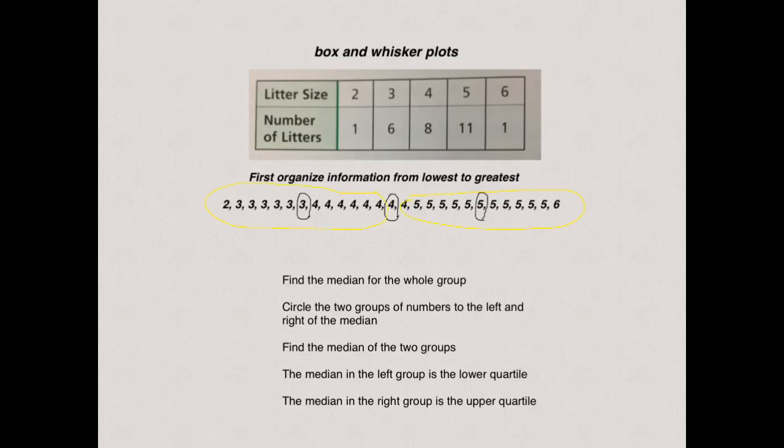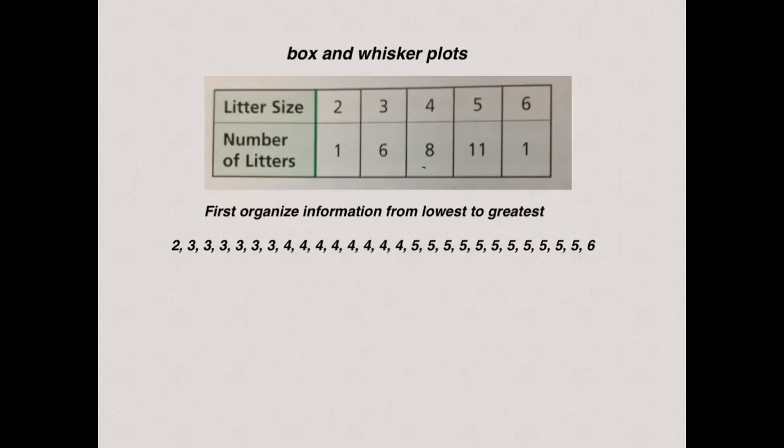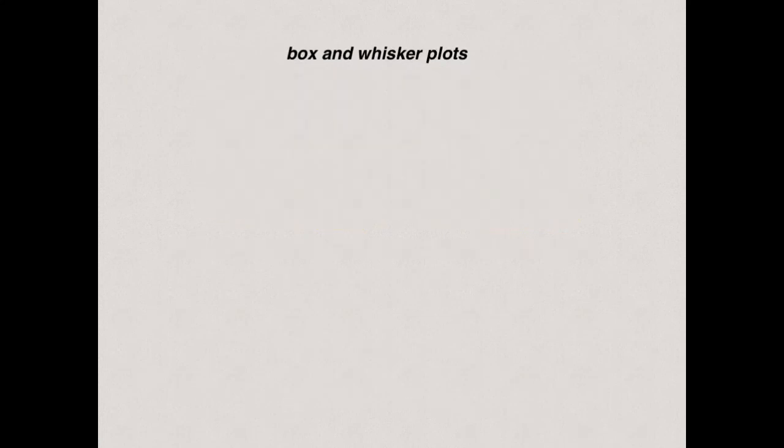But first, I want you to understand what we did to accomplish this, and that's what we're going to work on in class tomorrow. So you saw stem and leaf again, and the beginnings of box and whisker plots. We have to be able to understand how to find median properly, and then we can find upper and lower quartile, and that will allow us to get the information we need so we can go ahead and plot out a